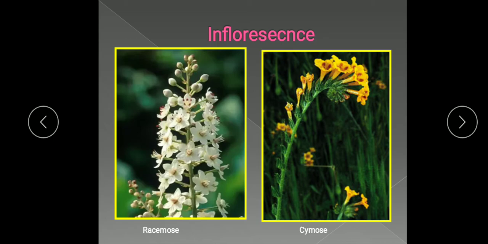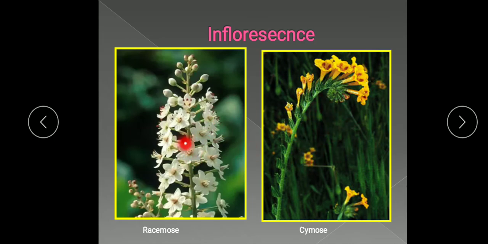But sometimes we see flowers borne in clusters, in groups. So an arrangement of more than one flower is known as an inflorescence. Inflorescences range in size from minute to huge, with few to very large numbers of flowers. The aggregation of flowers in an inflorescence makes them conspicuous to attract insects for pollination, and many flowers in an inflorescence are pollinated by a single visit of an insect. So that is the benefit of the inflorescence.